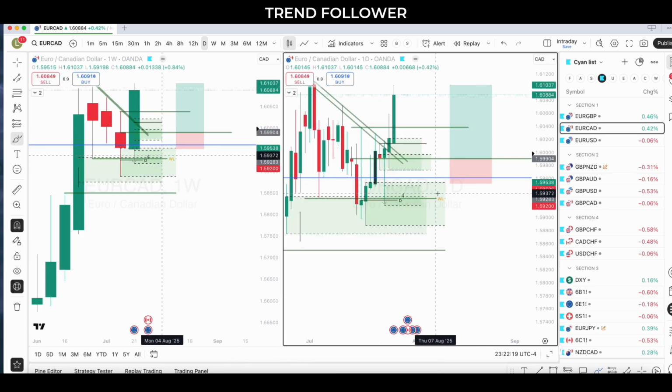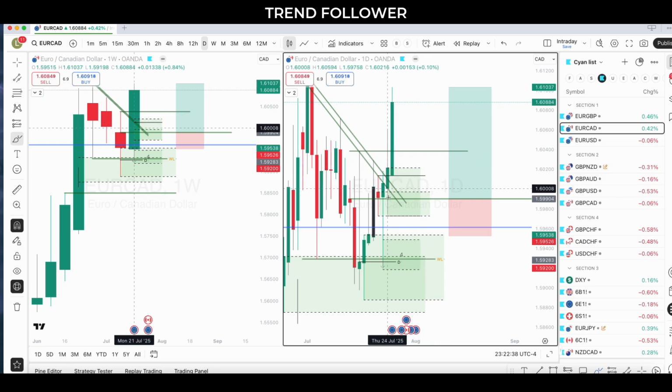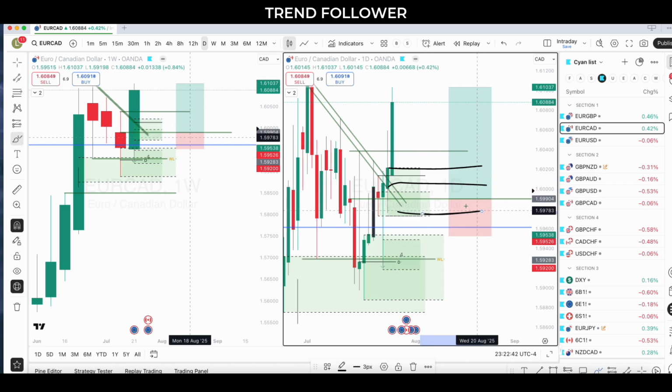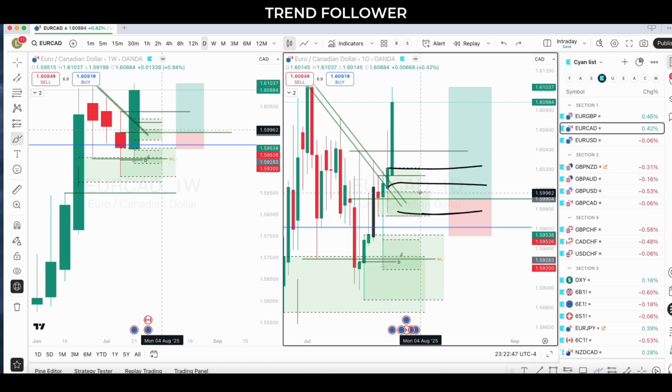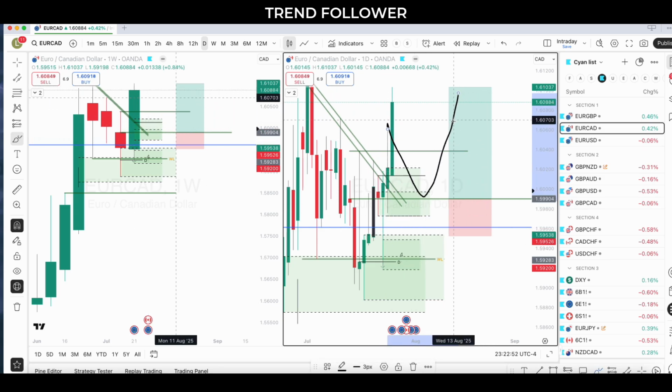This would be my second favorite name. The reason it's second is because, as I said, CAD and USD both have news. I will try to focus on this on Wednesday, after Wednesday or on Wednesday, I should say. This has like lot of beautiful zones and zones. What I mean by that, daily demand here, daily demand here, daily demand here. So you have these three daily demands, which is zone and zone. So this has a lot of confluence for it to bounce something like that.